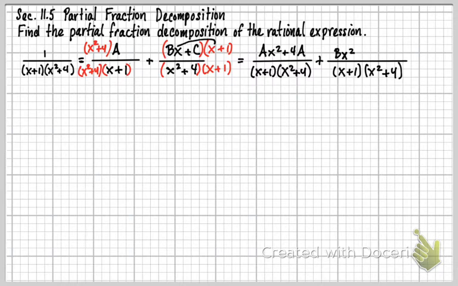Now that's this one here. Okay, now I'm going to do the next one. So that's bx times 1, so that's going to be plus bx. And I'm just going to keep going with this. Plus cx and plus c. So now I have both of these